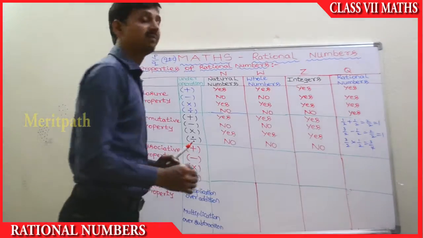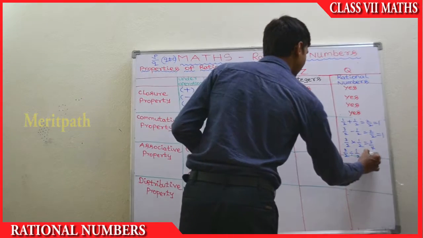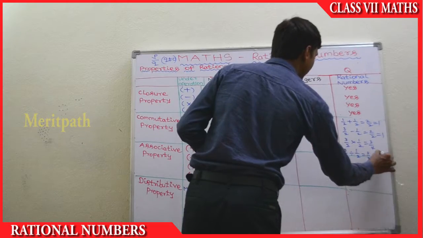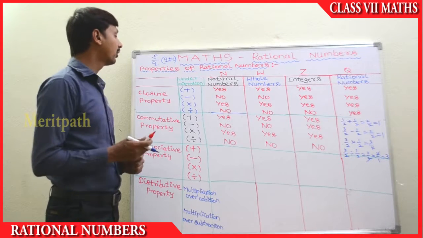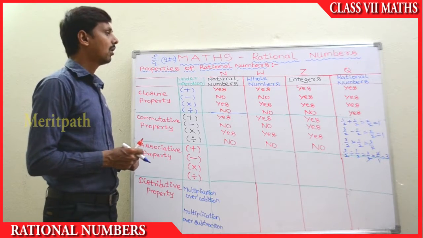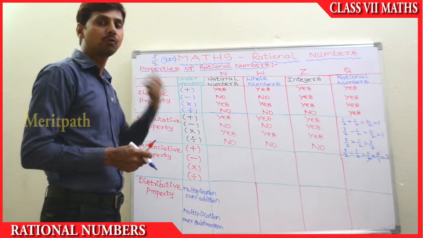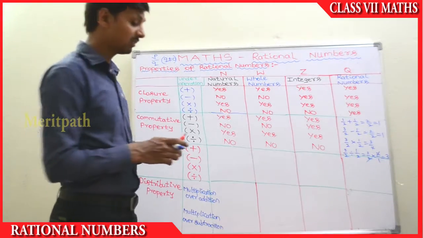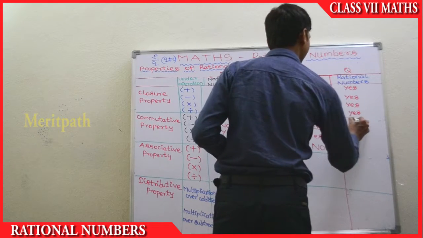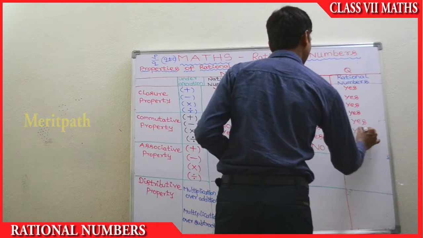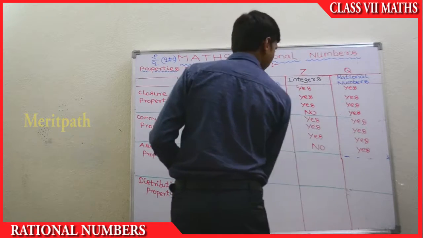It's a rational number. And then we divide the rational numbers. Two rational numbers, 3 by 2 divided by 1 by 2. And then 3 by 2 into 2 by 1. We cancel 2, 2, and we get 3. So division is also possible. What we have understood from this is the commutative property of rational numbers: addition, subtraction, multiplication and division, all the four arithmetical operations are possible for rational numbers. Let's write that. So yes, it's possible for addition, subtraction, multiplication and division also. In all the cases it's possible.